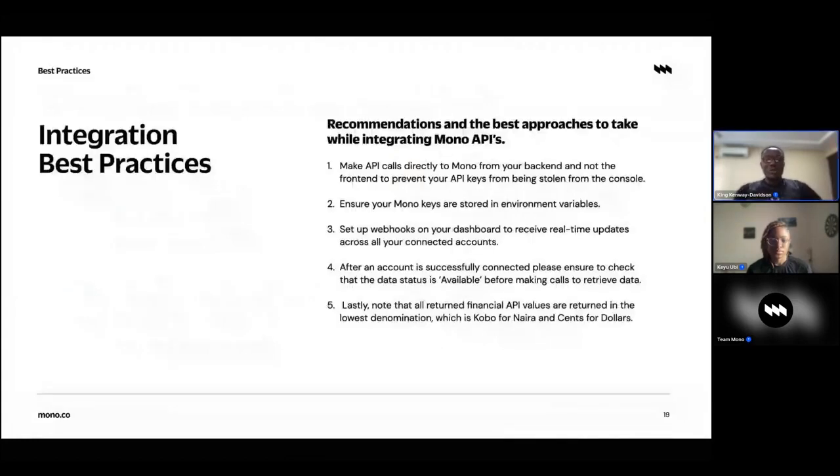So yeah, we're going over to the best integration practices, and we have outlined a few recommendations and approaches that we believe would be helpful to you implementing our APIs. So the first best approach or recommendation is that we advise that you make API calls